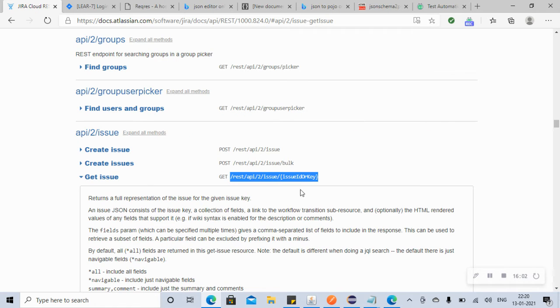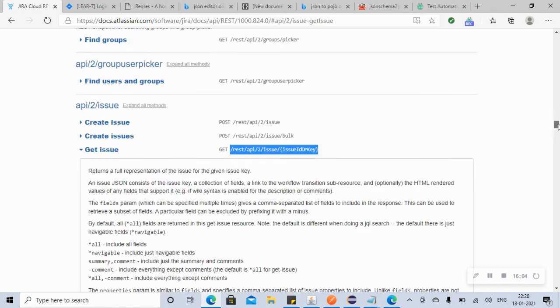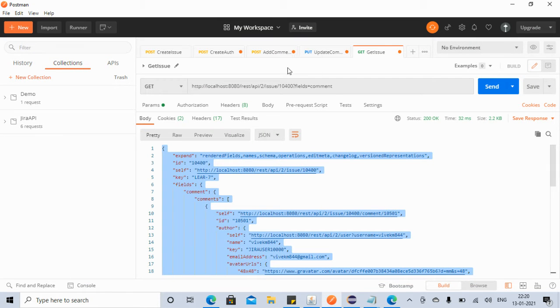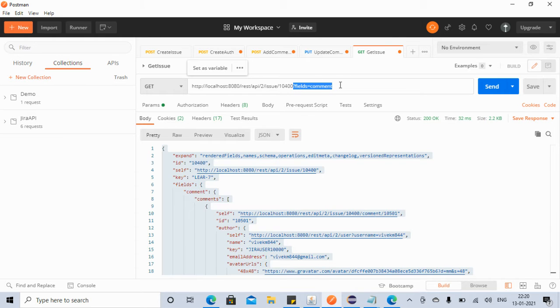So get issue, we got the issue. Once you get the issue, if you go to Postman and go to this get issue here, maybe we can provide this fields comment also because we only want comment. So we can provide it in the query parameter.